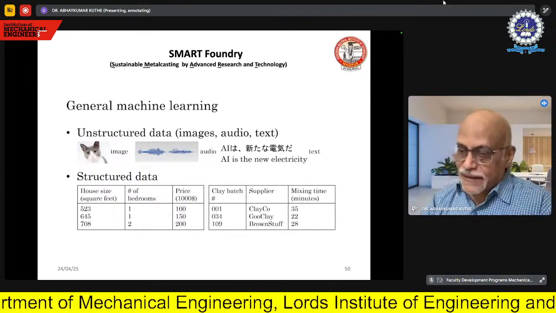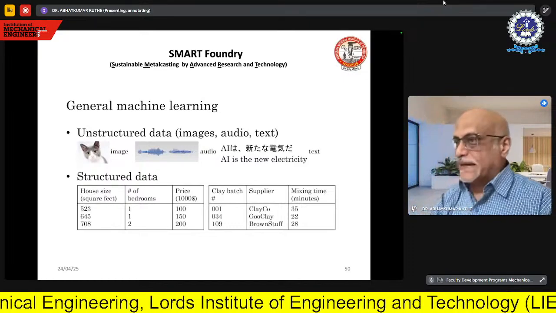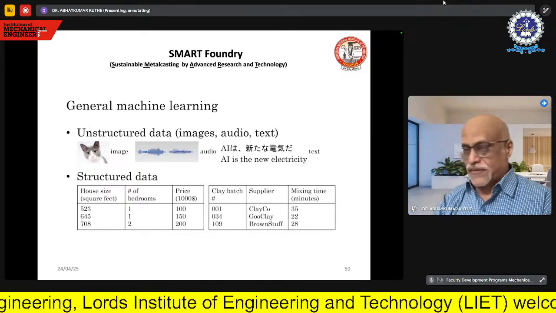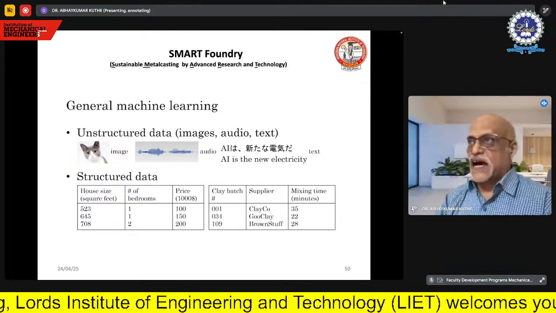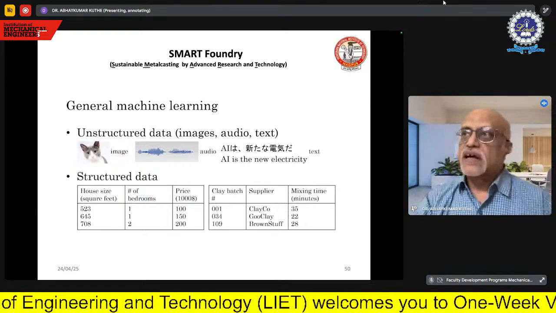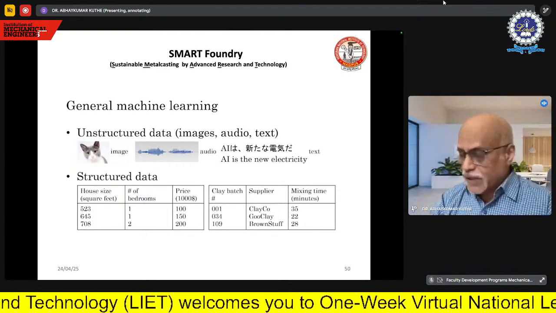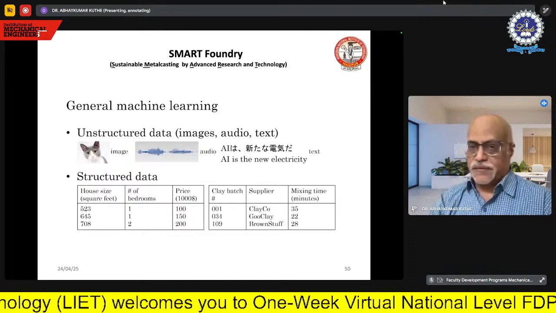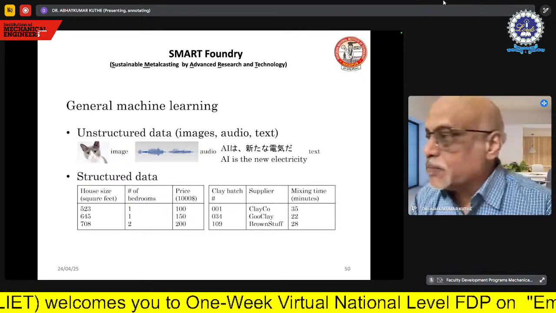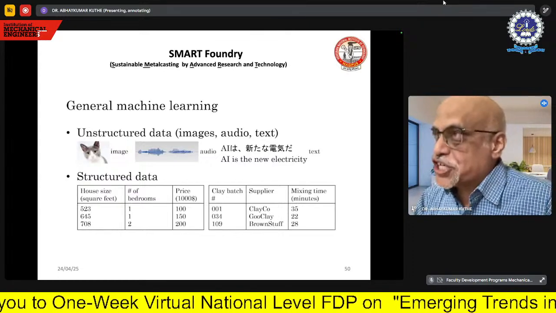And that's exactly, if you go back and see the last slide, the narrow intelligence. That's what we talk about as intelligence. There, the structured data is very useful, and unstructured data is mostly for generative AI and generative intelligence. So we are now focusing more towards the structured data.